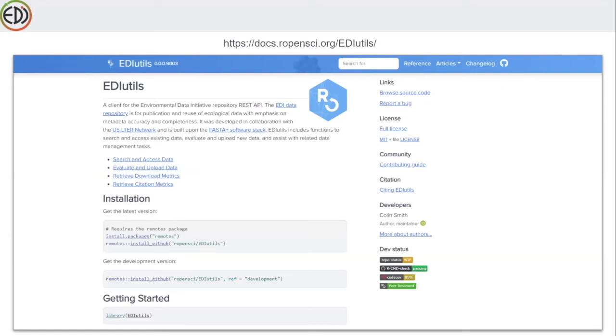This will be moving to CRAN in the not too distant future, or not moving, but it will also be published in CRAN, so you don't have to use the special install GitHub procedures to get the R package working. And EDIutils really follows development on the Pasta REST API. So we could deviate and start implementing a bunch of features in the EDIutils R package, but that excludes then